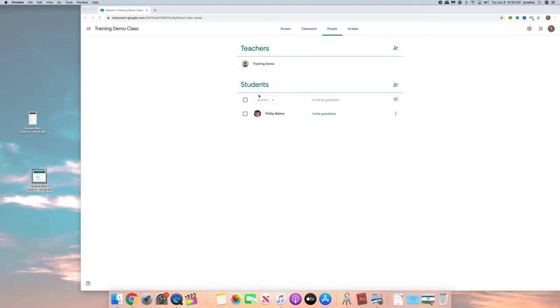Now, you'll see here under students, there are a few things that we want to point out. As students join your class, you will see their names appearing here. If you send it as an email, you will see that they're invited, but they're grayed out because they have not joined. Once a student has joined your class, then you will see that it's no longer grayed out, and